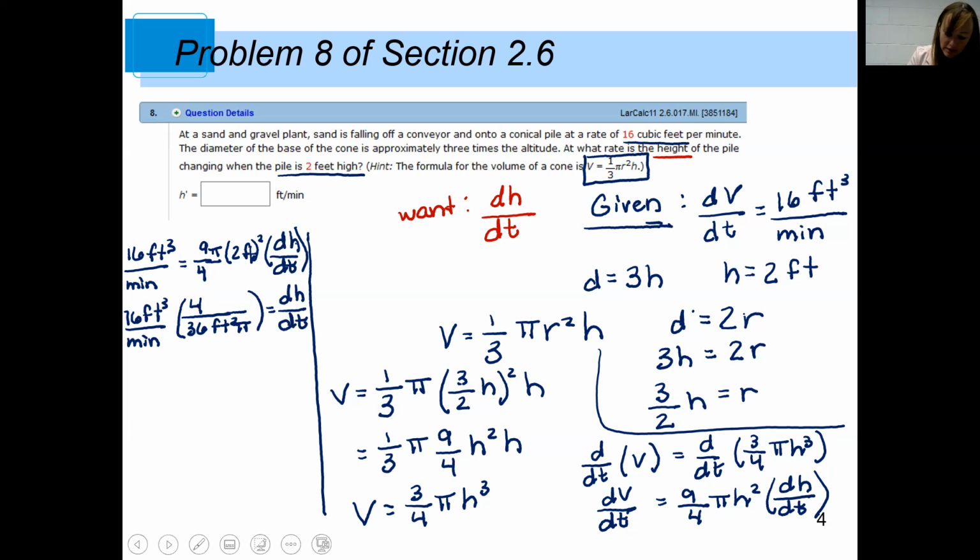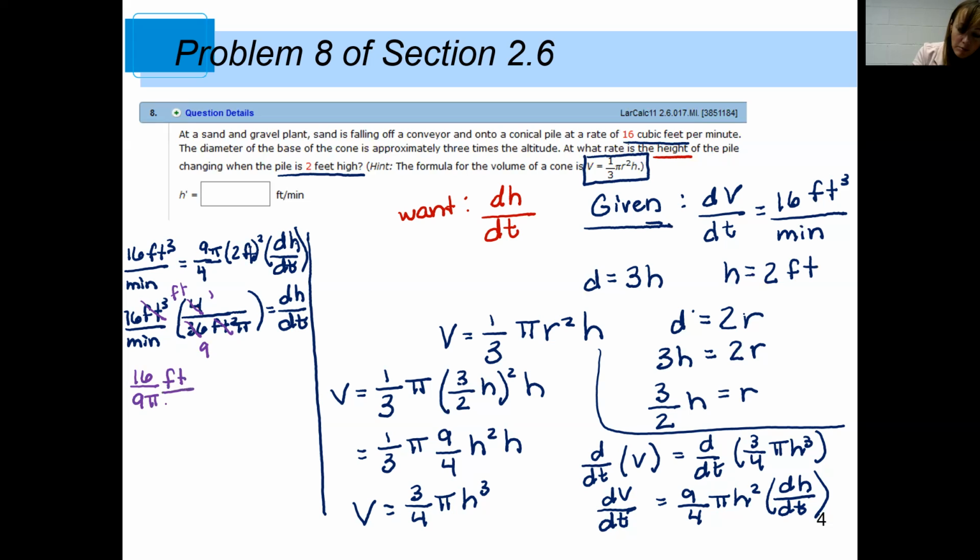Okay, let's go ahead and cancel some like terms that we have. So definitely 4 and 36 each have a common factor of 4. So I have 1 and 9. 9 and 16 unfortunately don't have any common factors, but feet cubed and feet squared do. And they have a common factor of feet squared. So I have 16 ninths pi